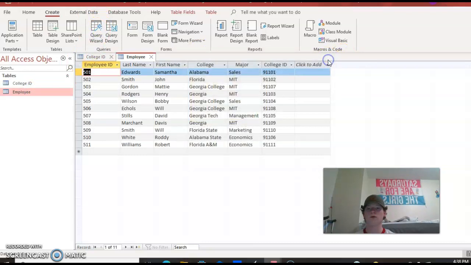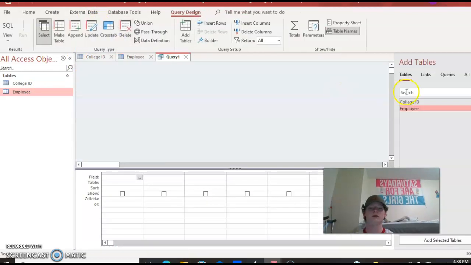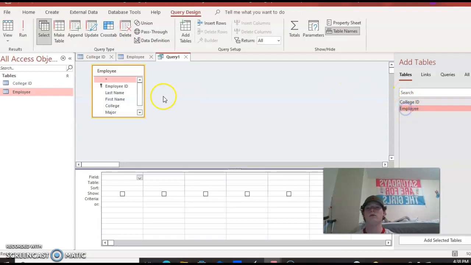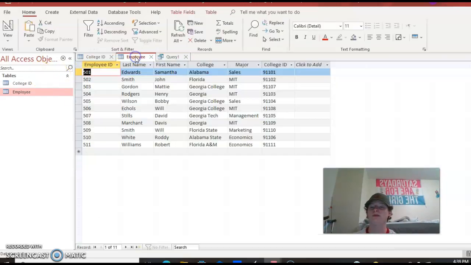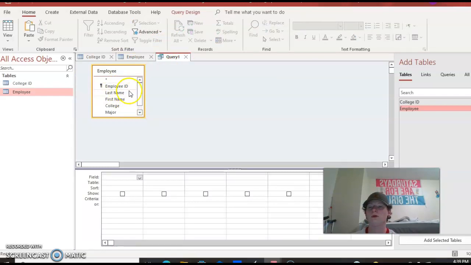Redesign employee table. Let's go. Actually, that would be major. Employee table. We'll go